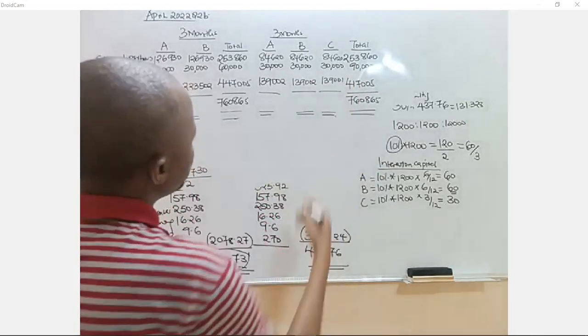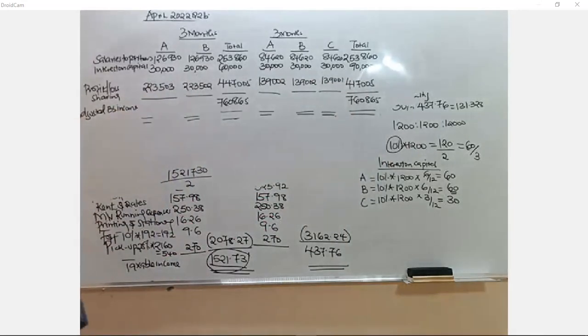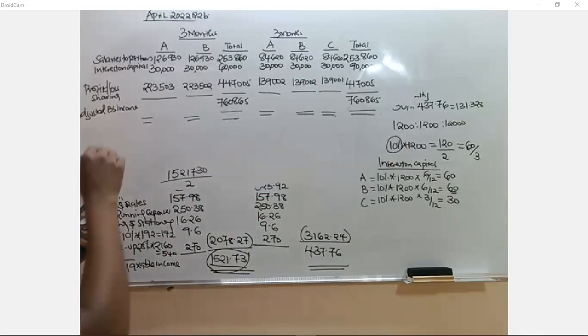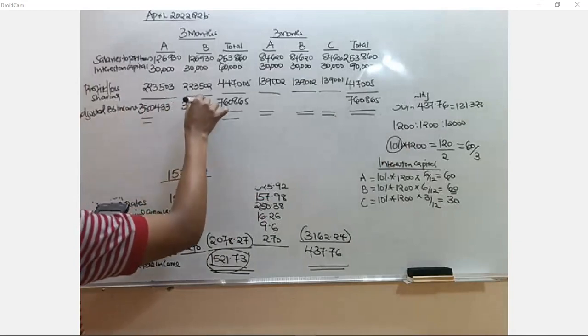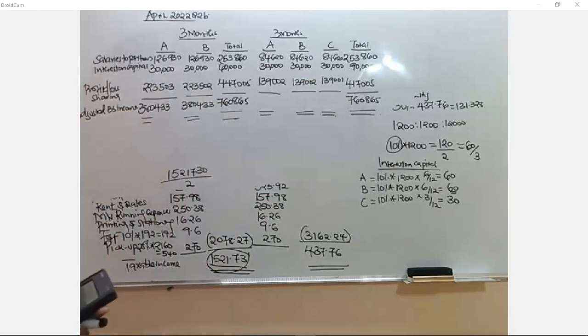So at the end of the day, you are going to be calculating how much this one got for the 3 months, and how much the other one got for the 3 months. So in this case, let us do our summations. The first one will be 126,930 plus 30,000 plus 223,503. The first one I'm getting 380,433. When you go on the other side, I'm going to have 84,620 plus 30,000 plus